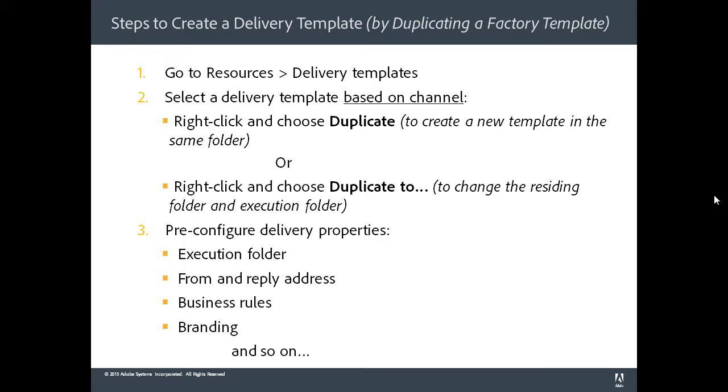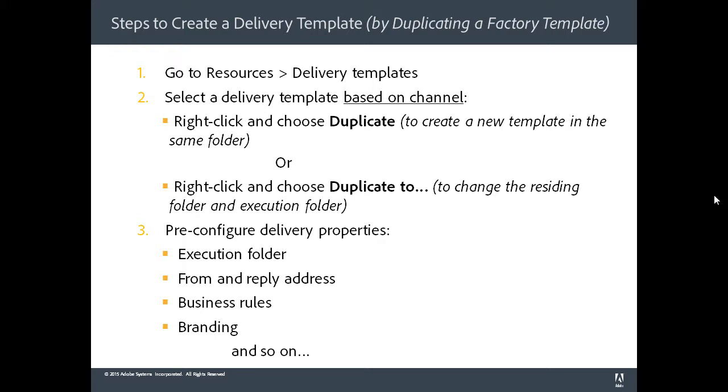So if you're creating a template to use with email deliveries, you would start with the default email template. You're going to right-click on it and then choose Duplicate to basically create a new template in that same default location. Or you can say Duplicate To, and this will allow you to create a new template in another location,